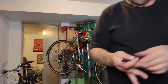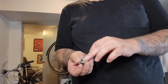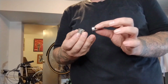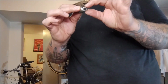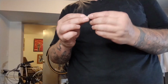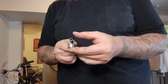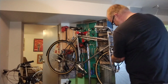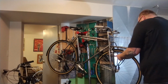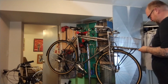So what we got in this kit is two stays. We got a little cup and a little cone, basically. The stay goes through that, and the cup tightens into it, and you can see the hole the stay goes through, the cup goes up into it a little bit, and will tighten up against the stay. So the stay goes through this eye bolt, and this cup tightens, and now the stay can't move. Pretty clever. And put them on the inside, so it'll be all the way to the pannier for one, and that bolt won't probably rub holes in it. But also that brings this stay the closest possible to the